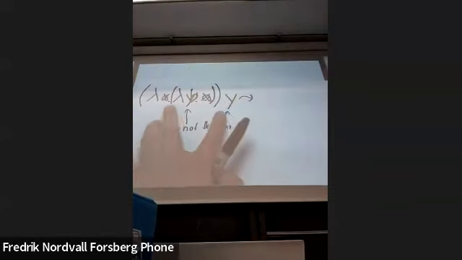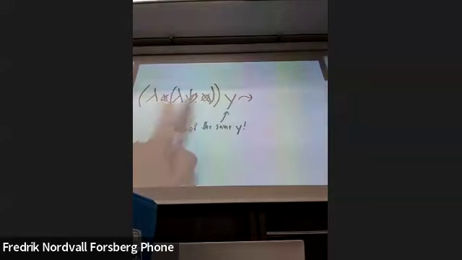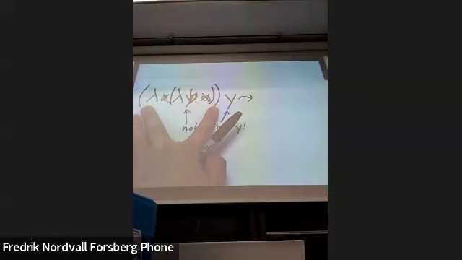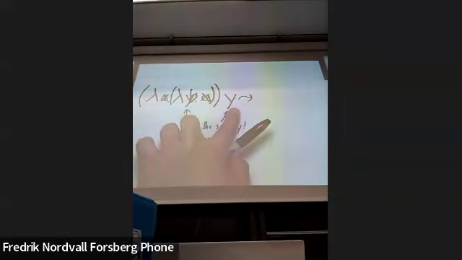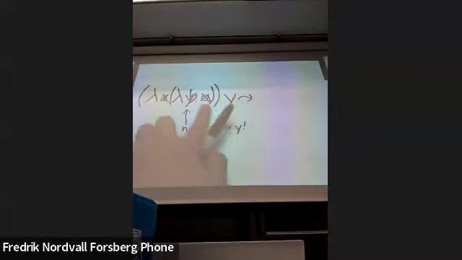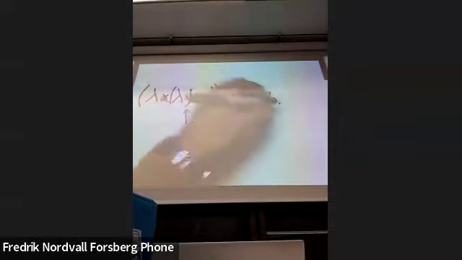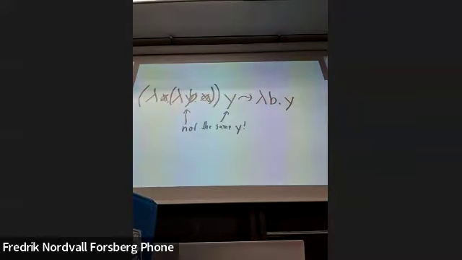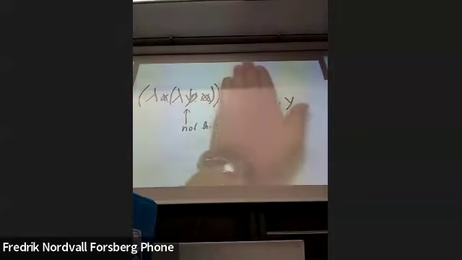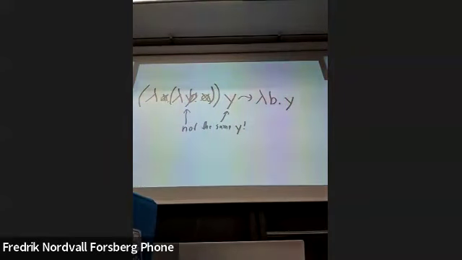So now we can do the reduction. Yes. So I'm going to replace all of the x's with y, because that's what the beta rule says, right? It says to apply this function to y. I find all of the places where the input occurs here, and I substitute y for it. So I'm going to get lambda b goes to y, which now is what we expect. This is the function that takes an argument and ignores it and returns y, which is what we thought this function was to start with.